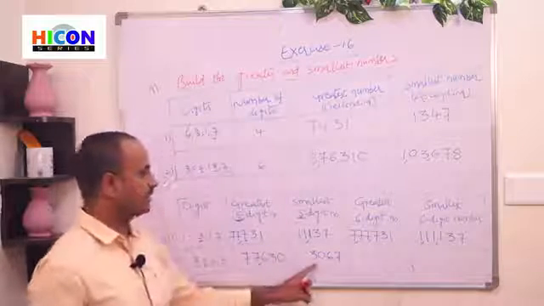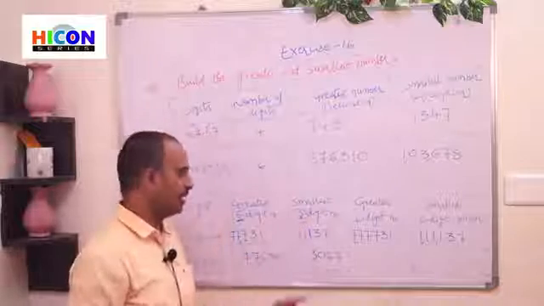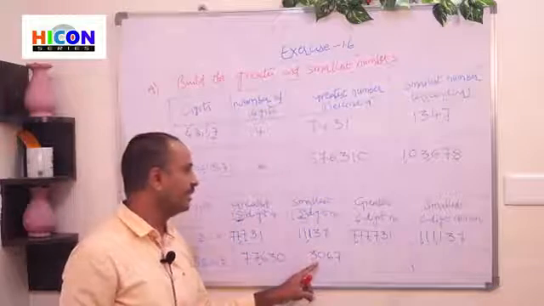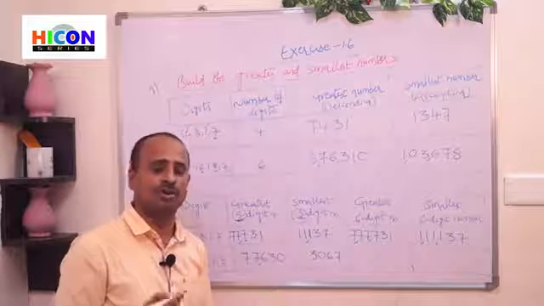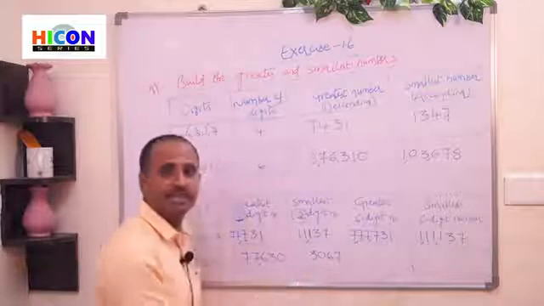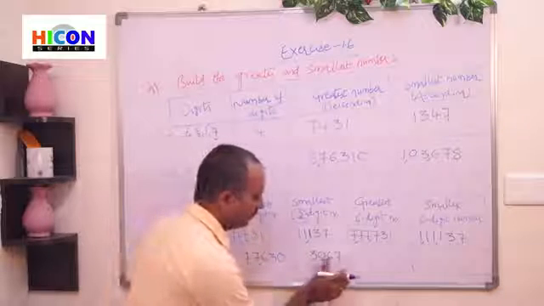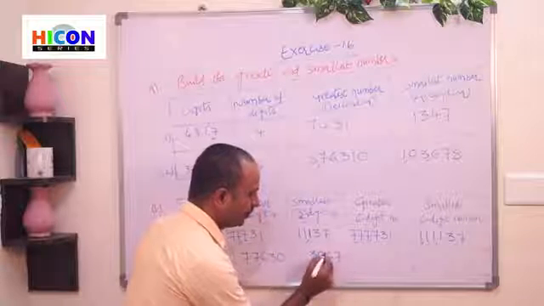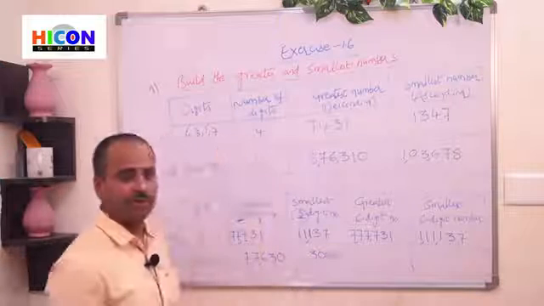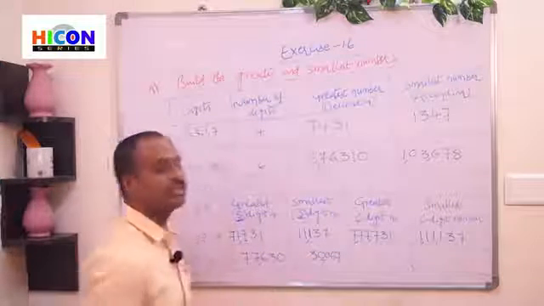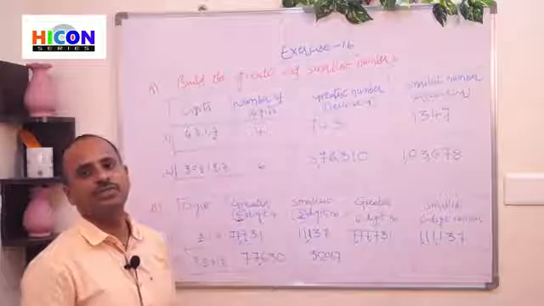So children, this is the smallest 4-digit number, but we require a 5-digit number. There are only 4 digits, we require 1 more digit. So repeat the smallest digit one more time. Among these 4 digits, which one is the smallest? 0 is the smallest. So repeat 0 one more time. So write 0 two times. Now it becomes a 5-digit number and the number is 30,067. This is the smallest 5-digit number.